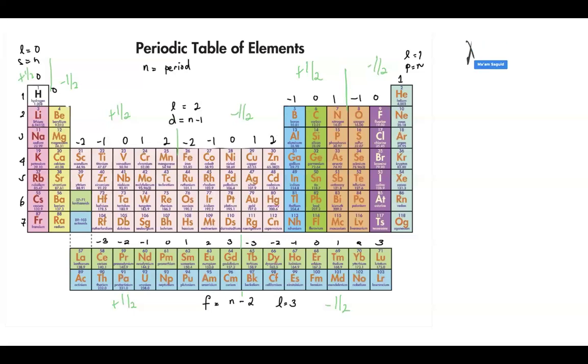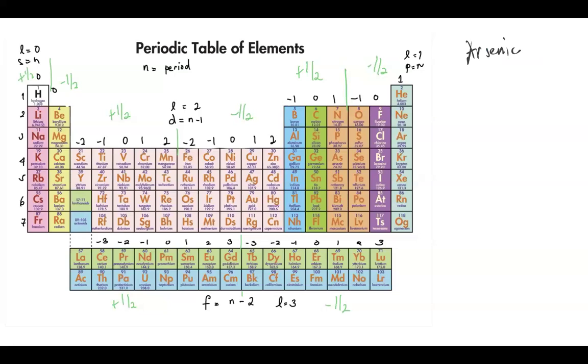So let's write our given here, which is arsenic. Now, I would like you to get your periodic table with you and write the same notation that I wrote over here, right? So what are those notations? Identify first the S, P, D, and F block. And on the upper portion of each of the blocks, write the following. On the S block, write 0, 0, and then on the left portion, that's positive 1/2. On the right portion, that's negative 1/2.